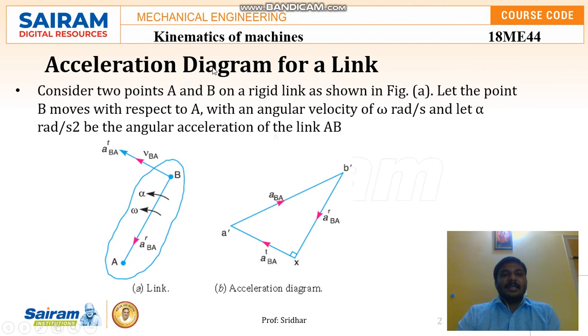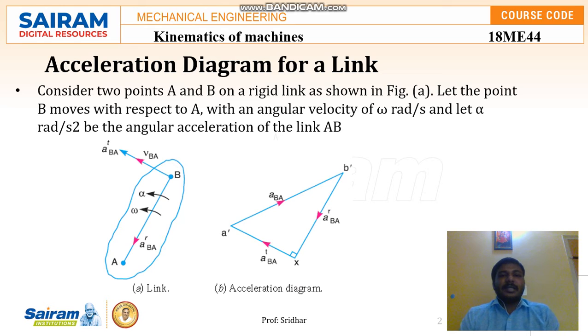You can see the acceleration diagram for the link. To form any link mechanism, as we know, at least two links should be there in order to transmit motion from one link to another, and at least one link should be rigidly fixed. If no link is fixed, the motion cannot take place. We can fix n number of links in order to transmit motion or power from one form to another with the help of these links. So a minimum of two links should be there, and at least one link should be rigidly fixed.